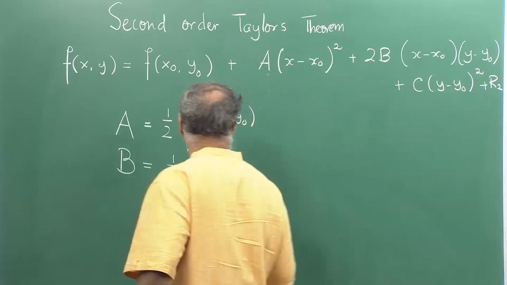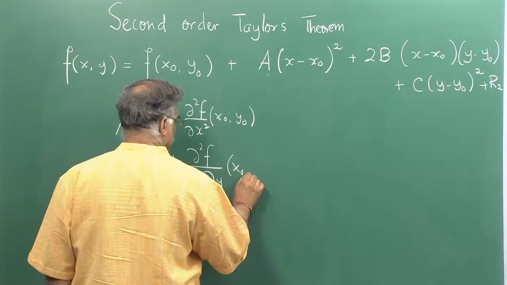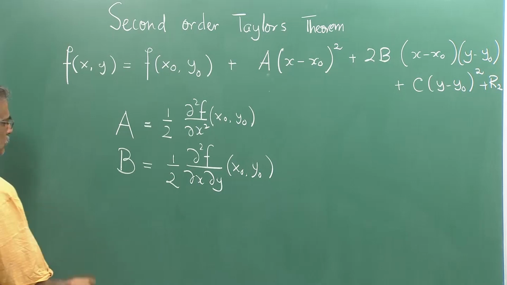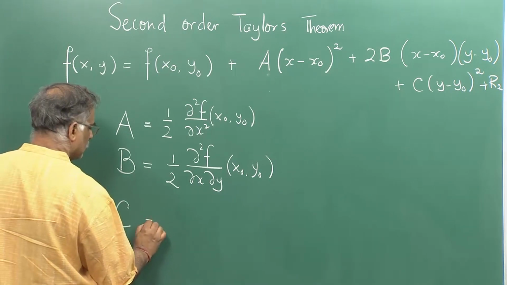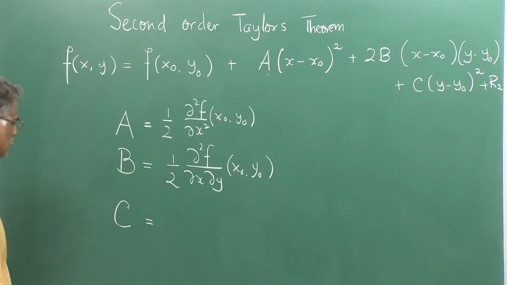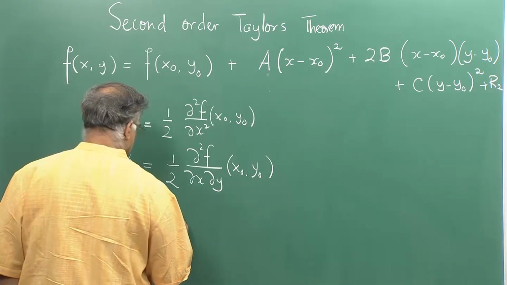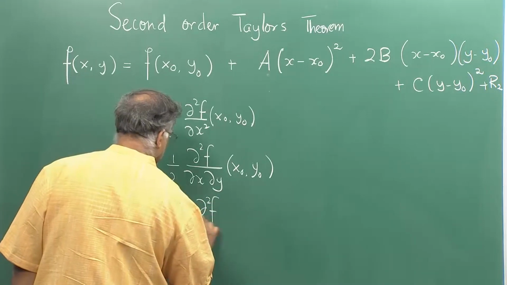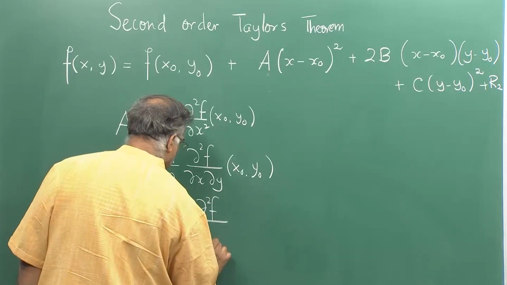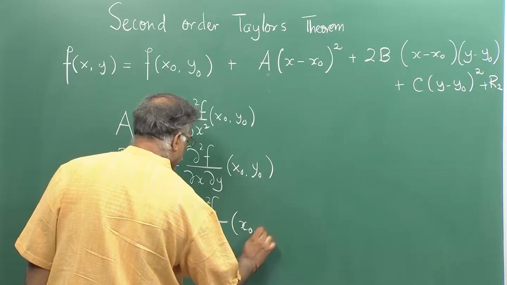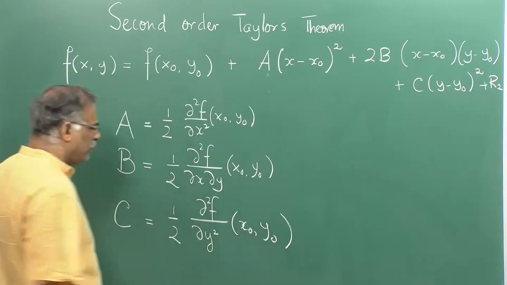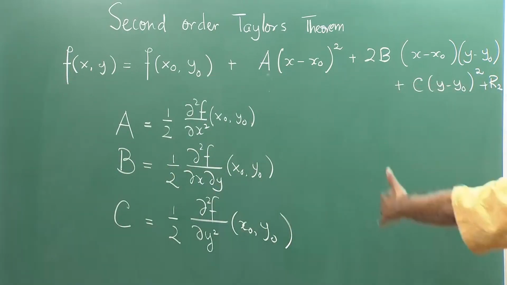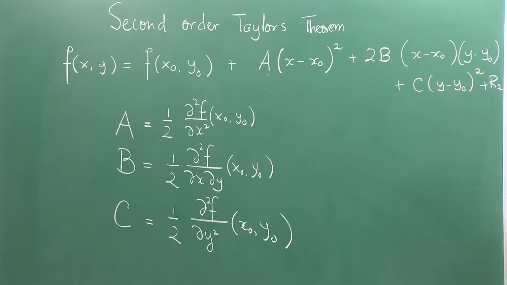And C is half of this evaluated at x naught y naught, the second derivative del 2f del y2. So, these are what is there, and R2 is the error term,